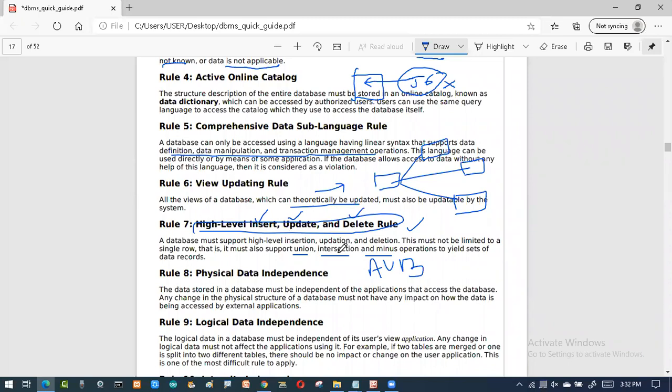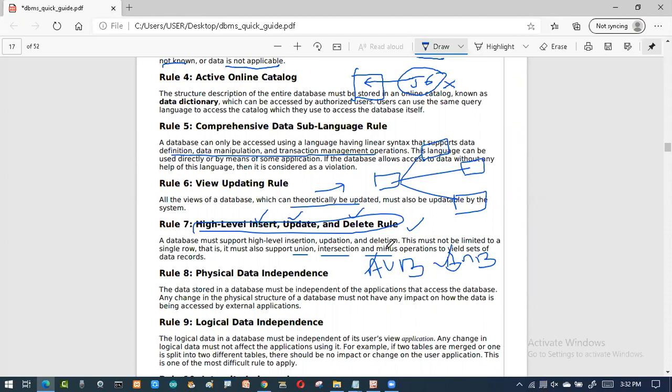Now when I'm saying intersection, opposite to that, that means whatever is matched in A and whatever is matched in B, only that you display. How would I use it in mathematics, in which class did we learn this, ninth or 10th? I'll be saying something called A intersection B. What does A intersection B do? Whatever common elements you find in A and B, only those you display. That means it should support the values that exist in both the entities.